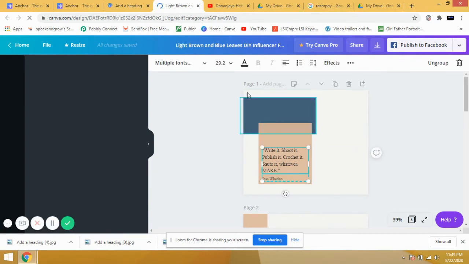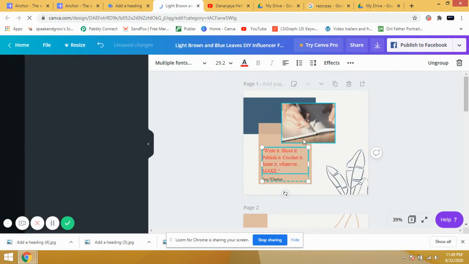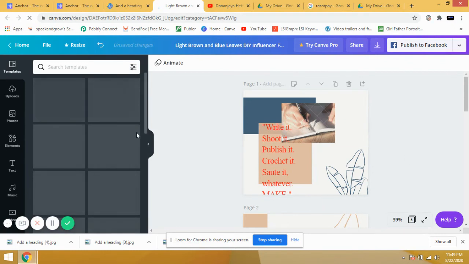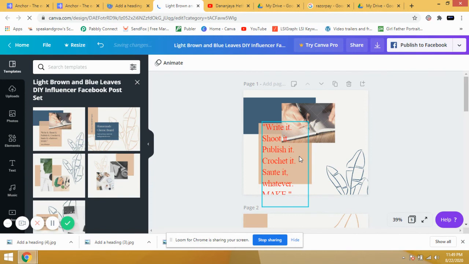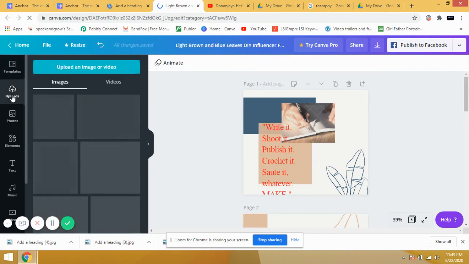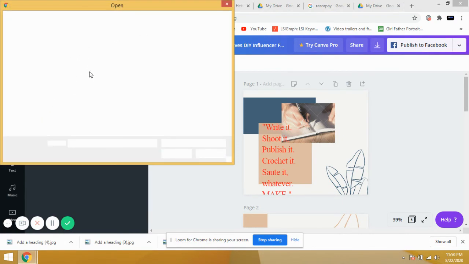Okay, if you want to increase the size, this is the template, you can edit it easily. Just drag and drop. If you want to change the color, you can change it easily. You can increase the size also. You can see here. If you want to put your image here, nothing to worry. You just go and upload an image from device. Okay, so it will take it from the device only. Okay, so nothing to worry here.